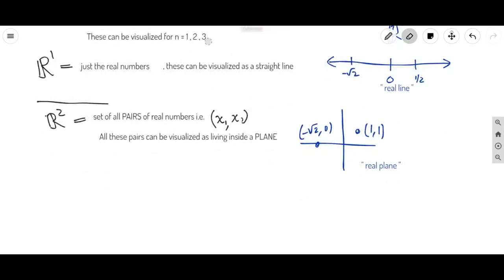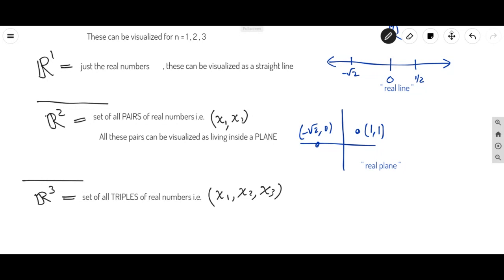And then, of course, when n is equal to 3, you're talking about 3 dimensions now. So R3, this would be the set of all triples of real numbers. So the way these are going to look, you're just going to have a coordinate that is made out of 3 numbers. And this is, of course, visualized, and all these triples can be visualized as living inside